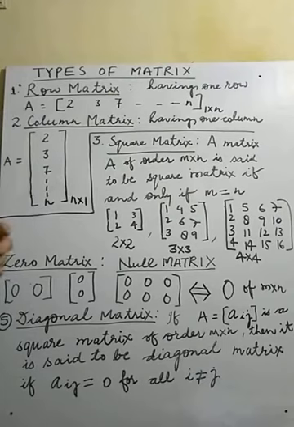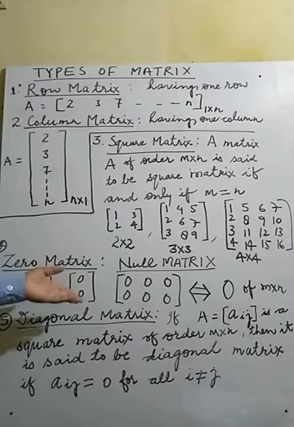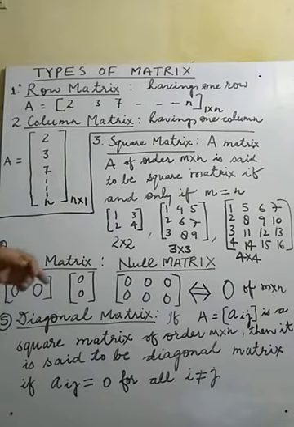Now let us consider the other type of matrix. You may observe here, the next type of matrix is the zero matrix. How can we define a zero matrix? See, all the elements of this matrix are zero. It is very simple to identify. Since all these elements are zero, this will be called a zero matrix. Without any hesitation, you may declare this one a zero matrix.